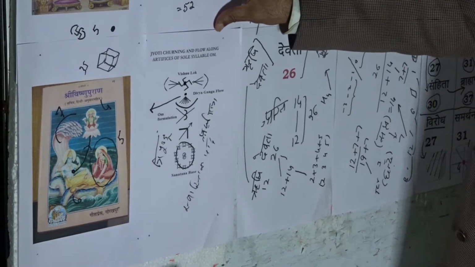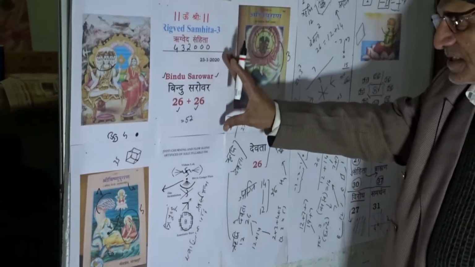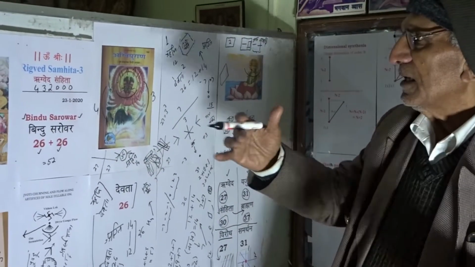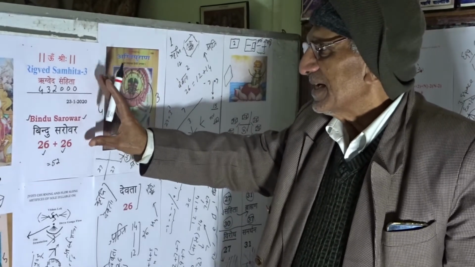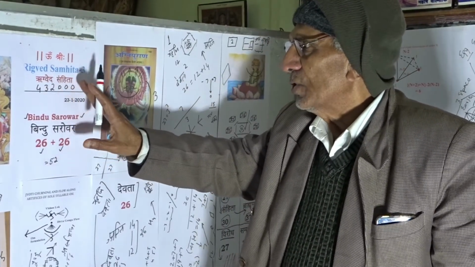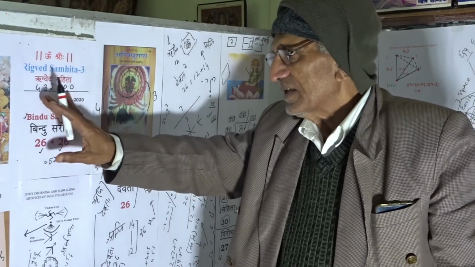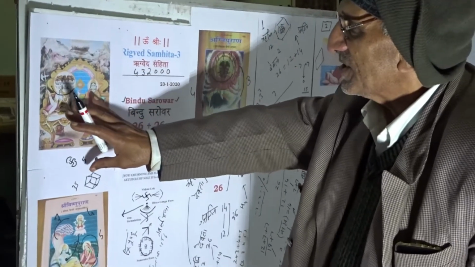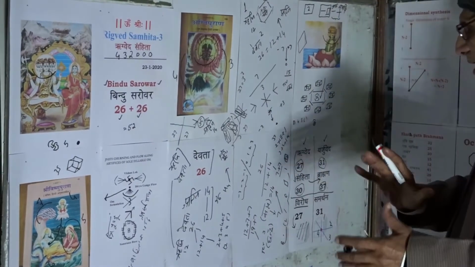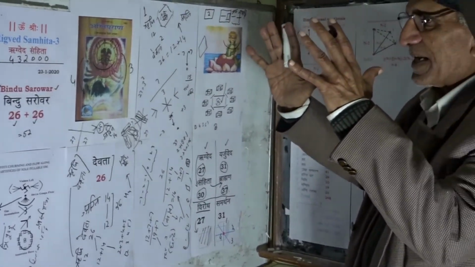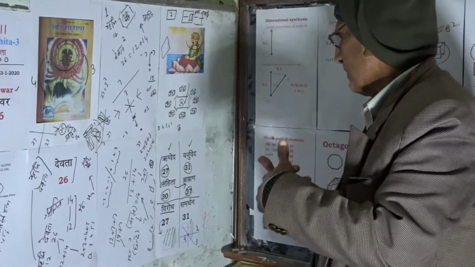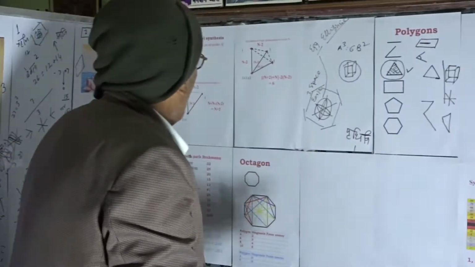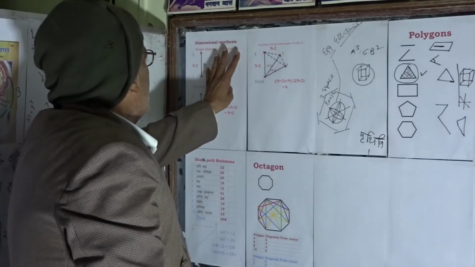The organization format of Rigved Samhita unfolds from within, and this unfolding process is of 432 aksharas, 432,000 structured points fulfilled with the structures of the transcendental domain. It is this unfolding process with which we have to be parallel to, and for it then we have to appreciate how the dimensional synthesis happens.